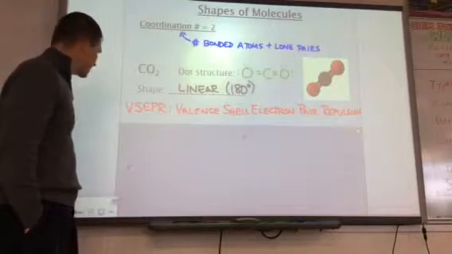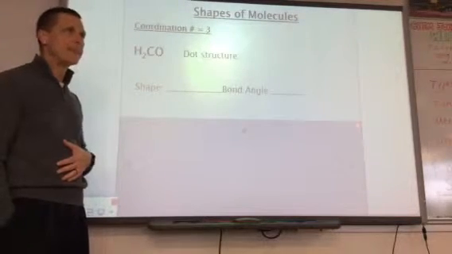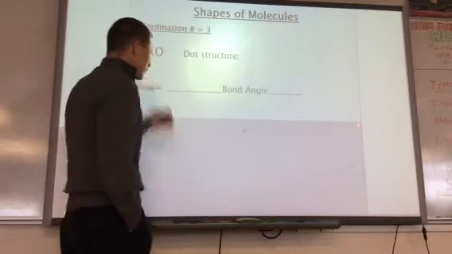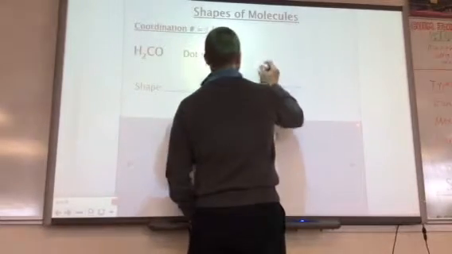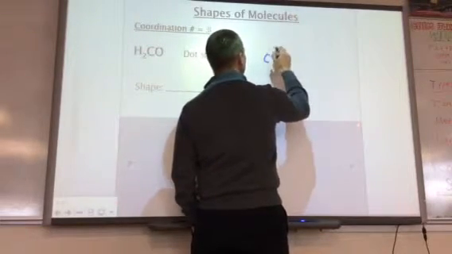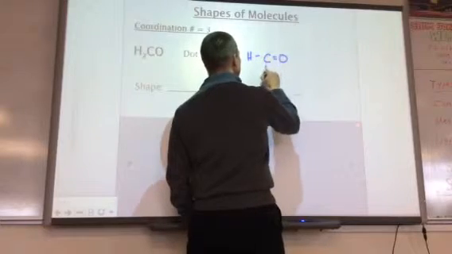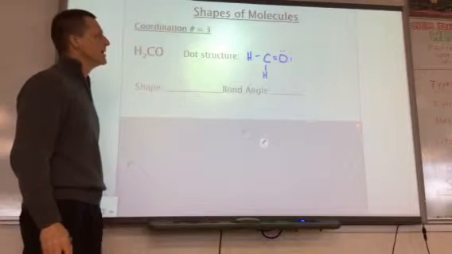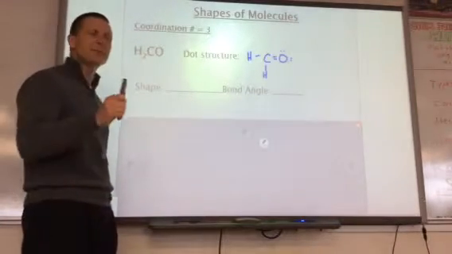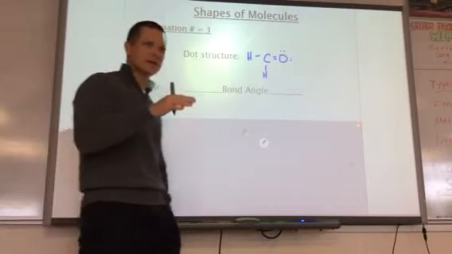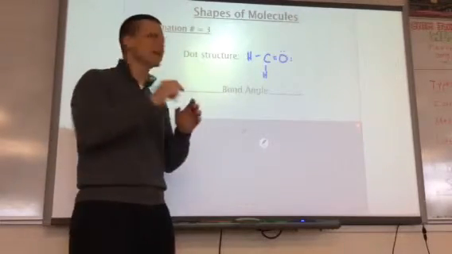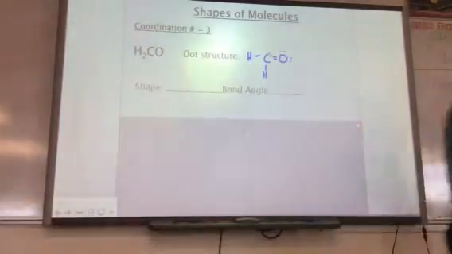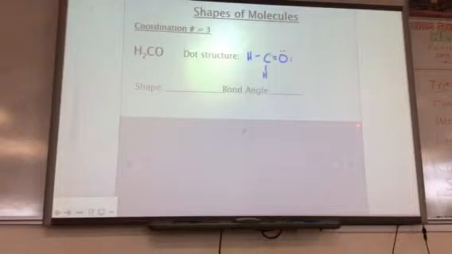We're going to move on to the next one, which is coordination number of three. You're going to recognize all of these shapes as well. The first one is H2CO. H2CO has a carbon in the middle with a double bond to an oxygen, then two single bonds to hydrogens. How do these atoms arrange themselves? Keep in mind, we always base our assumption about shape on VSEPR theory. The fact that these atoms are all going to spread as far as they can get from each other. And when they do that, it's going to make this shape,